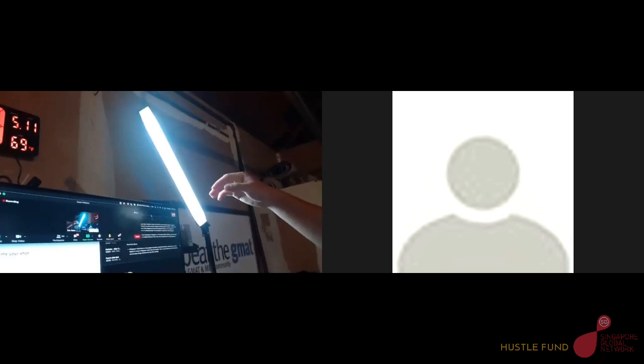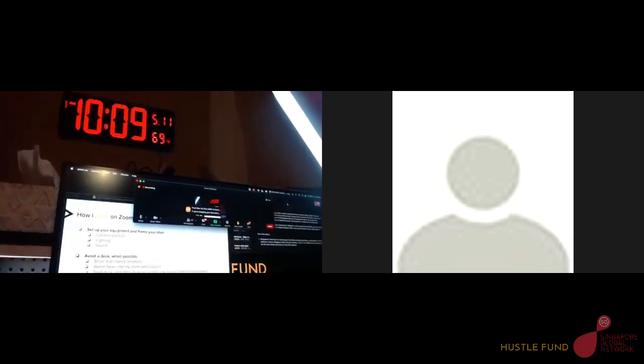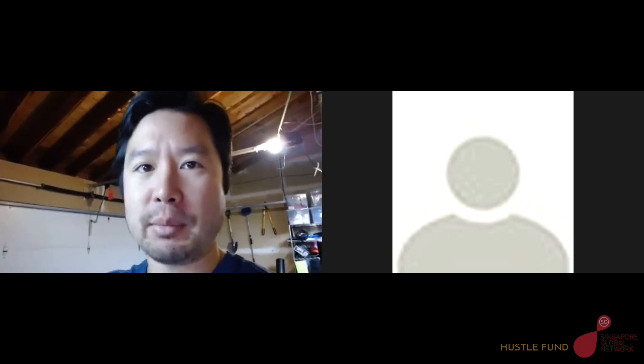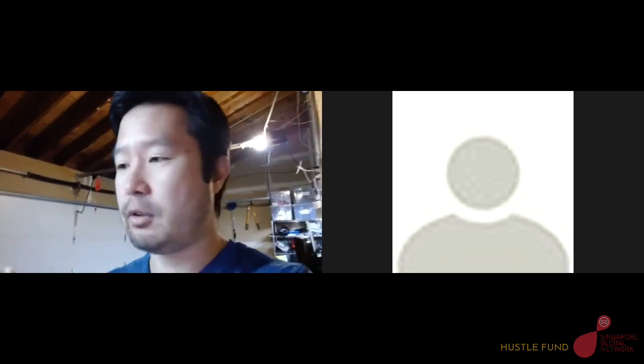Some other things, though, that are a little more interesting in terms of mechanics. So I have this nice lighting here. It's a cheap Alibaba light that costs like $5, right? Whatever. I have a giant clock at the very top here. I literally searched for giant clock on Amazon, and then I got the biggest one up there. The reason why I like this is it gives me a chance to check the time. Sometimes when you're in full screen mode or have to do other things, you can't see it on your computer. So making sure that you're mindful of time is very important for an effective pitch.